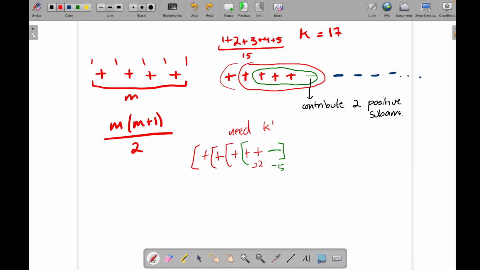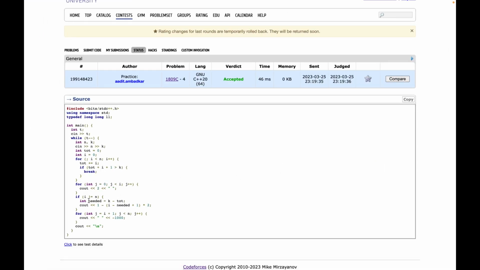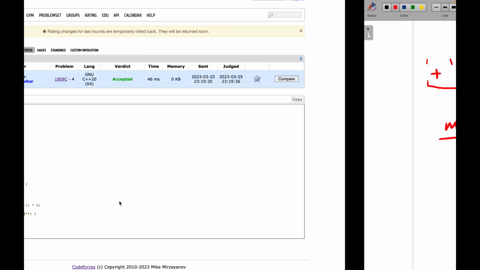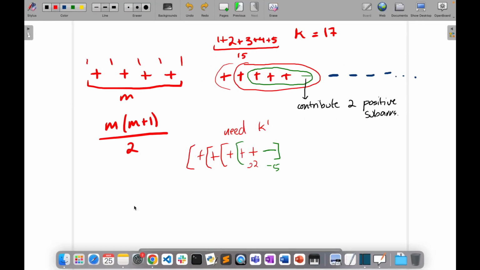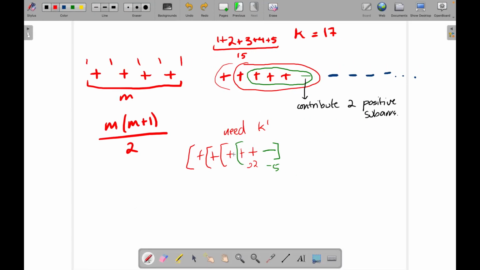That's this green negative number here. And the way that I do that is I find the needed, which is k prime. And then, once I have my needed, I'm going to output 1 minus I minus needed plus 1. So if I have 5 positives, and I want to only have 2 more, 1 minus I minus k prime plus 1 is going to equal 1 minus 5 minus 2 plus 1, which is equal to,